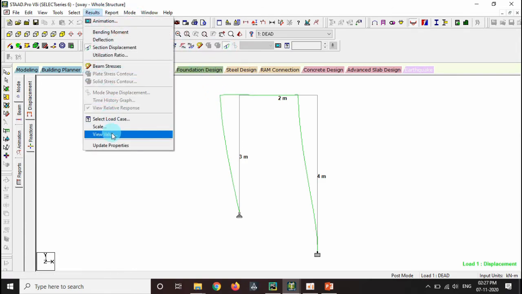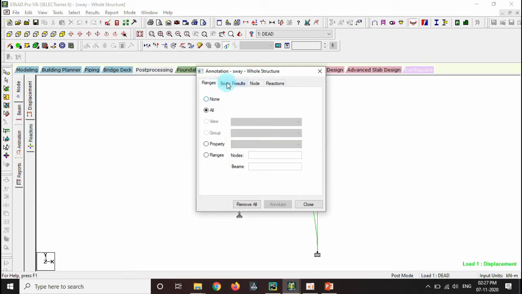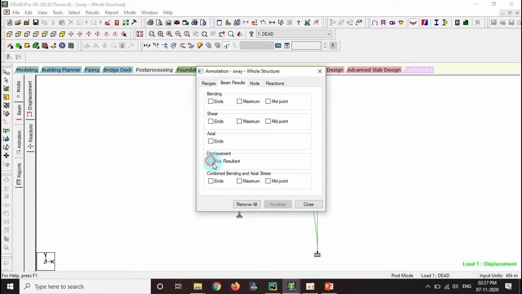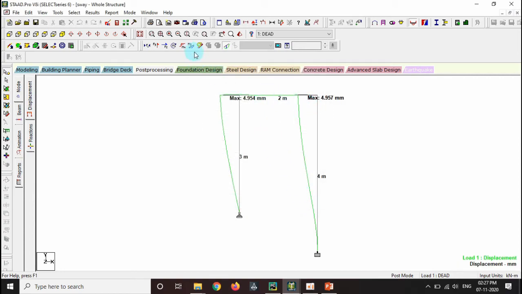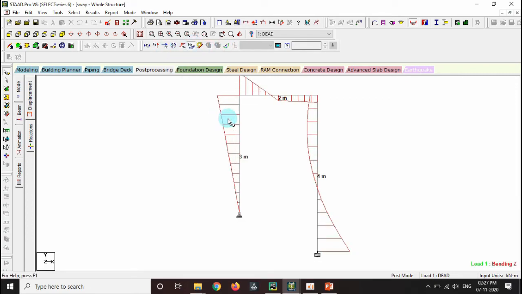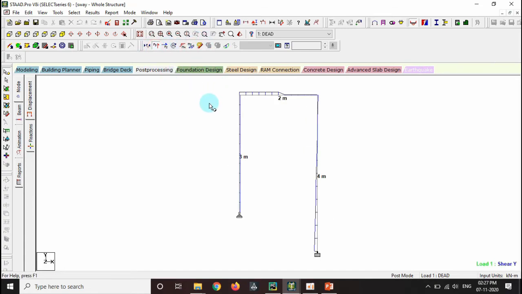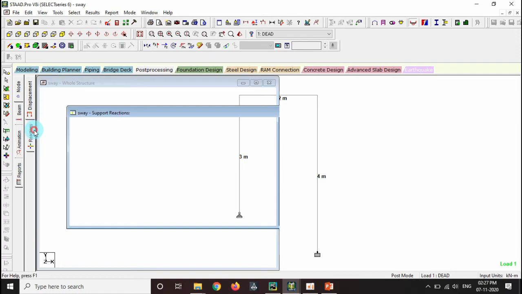And we can also get the values of deflection. And similarly we can get both BMD and SFD. You can also find the support reactions at the end.